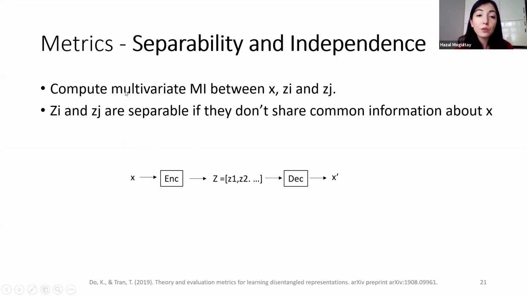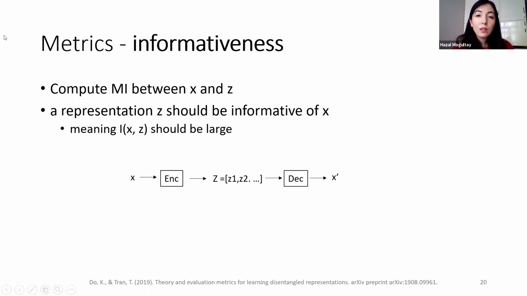Or we can compute multivariate mutual information between X and any pair of Zi and Zj, and say that the multivariate mutual information should be 0, which means Zi and Zj are separable and they don't share any common information about X. So we can measure informativeness,